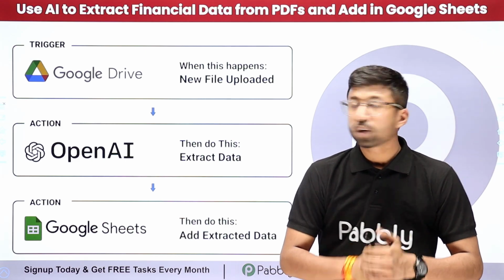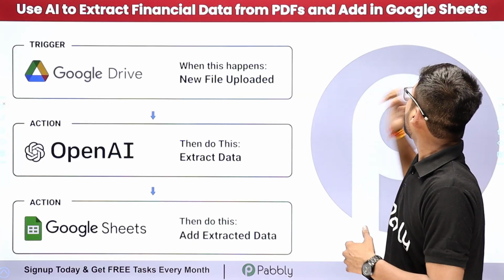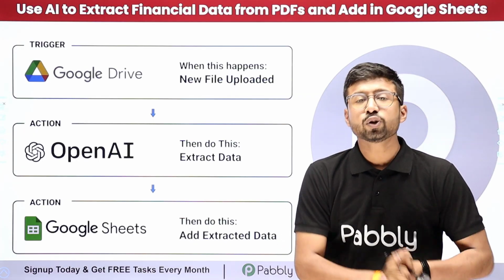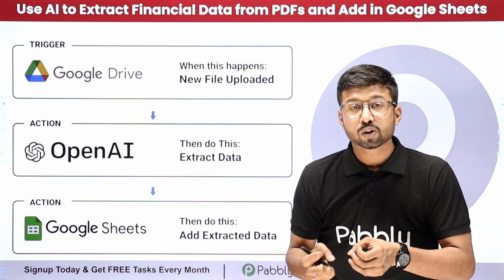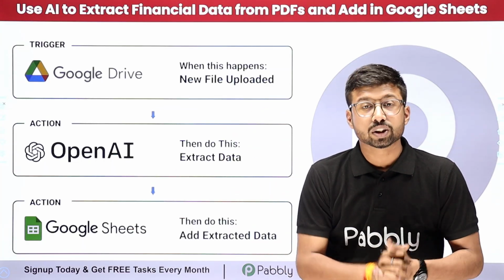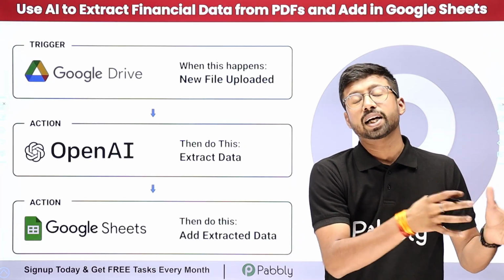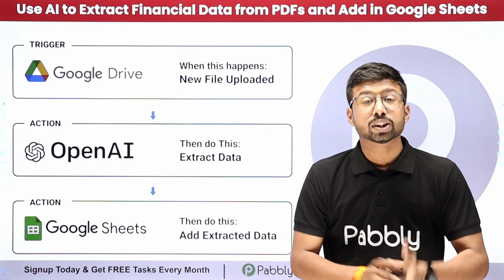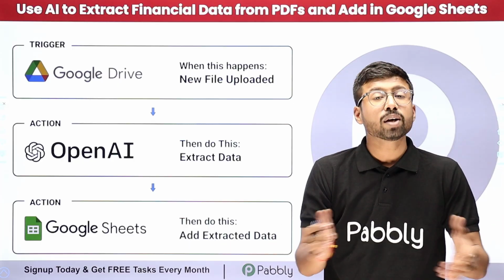So in this video, we are going to learn how to use AI to extract financial data from PDFs and add it in Google Sheets. Let's say you get financial reports of the companies or your clients and you want to get some details out of it and store it somewhere like Google Sheet to maintain their record. But the manual process of opening each PDF file, getting the details and saving it in Google Sheet is a tedious and repetitive task. So in this video, I'm going to show you how you can build an AI agent